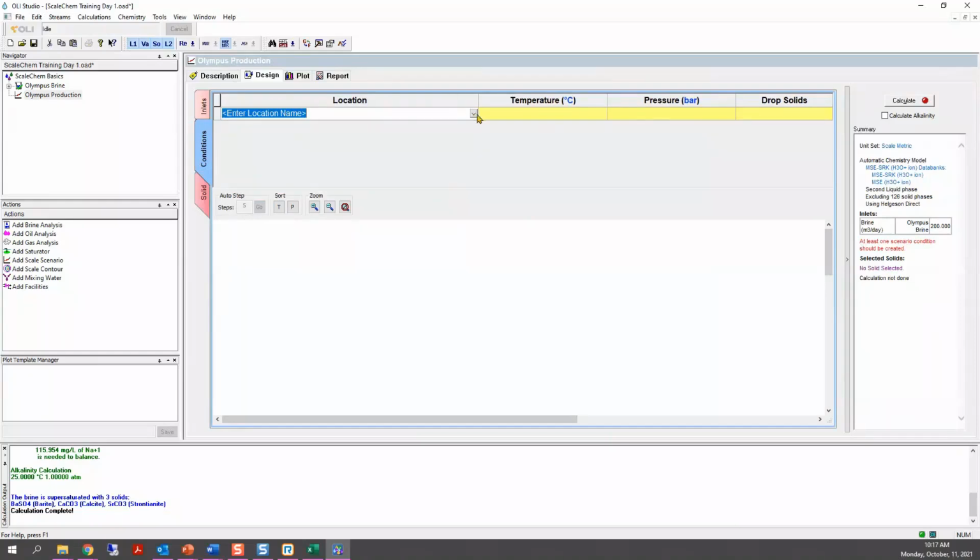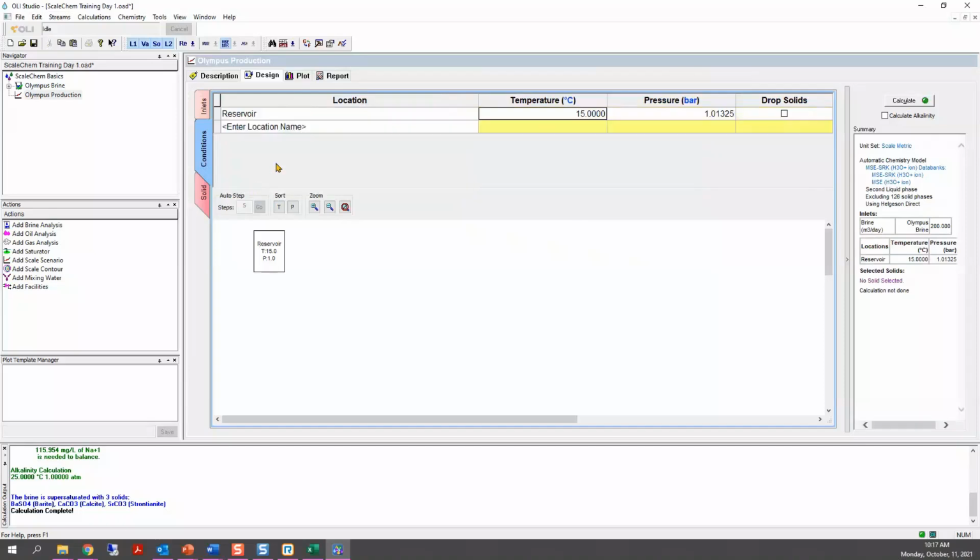So for location, go to the drop-down arrow here and look for the first location, which will be reservoir. And for temperature, make sure that you have degrees C and bar. But if we did the first step, everyone should have the same units. So it's 125 degrees C and 275 bar.